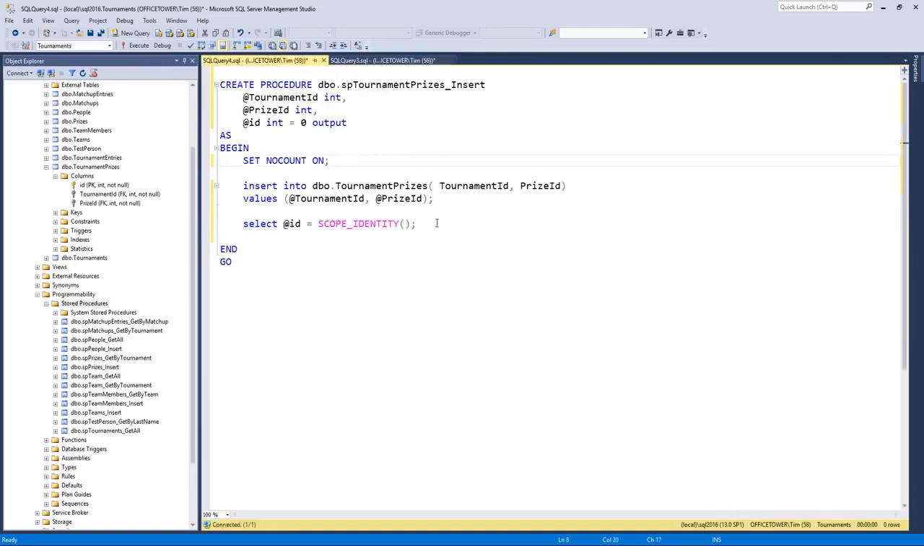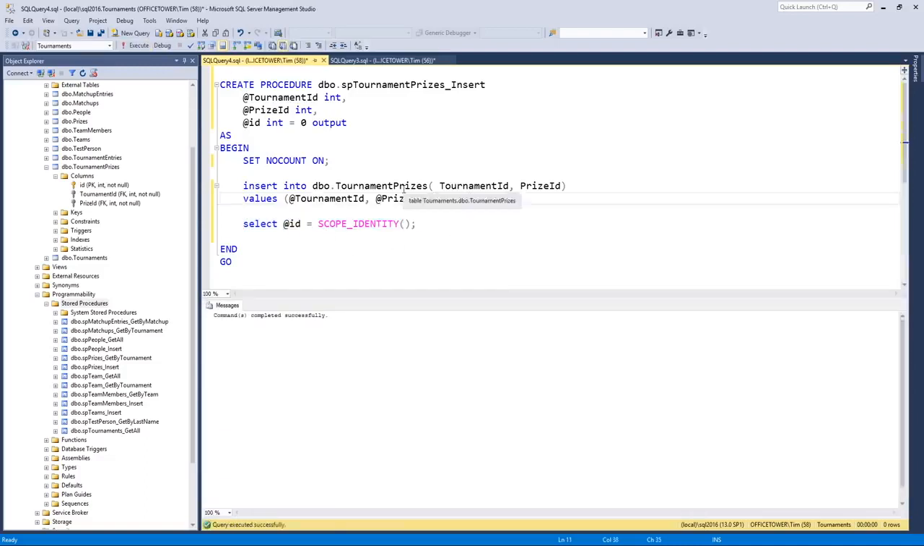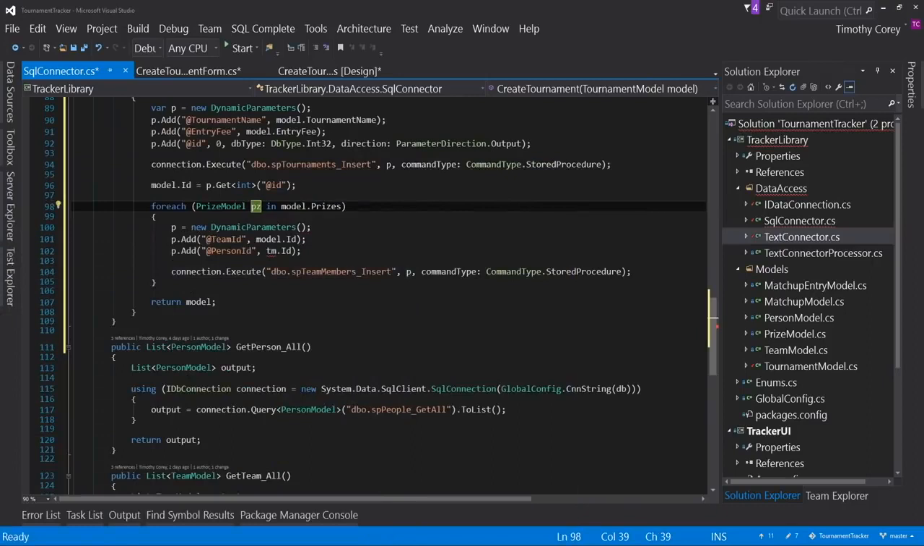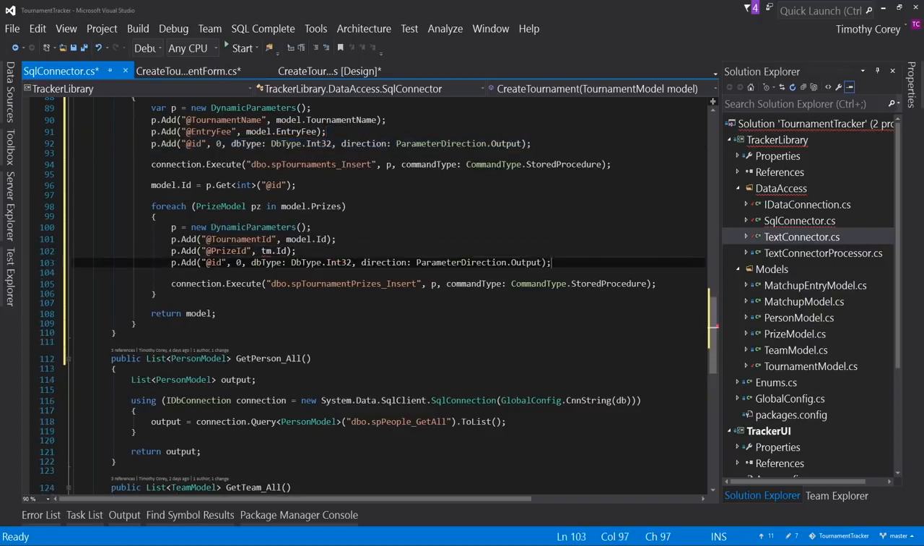This one, I'll make sure I'm not highlighting this, otherwise it would run just that. And I'll execute that, and that's now created. So TournamentID and PrizeID are the two things we're passing in. So we'll paste that here. We have TournamentID, and we have PrizeID. We'll actually copy and paste the ID